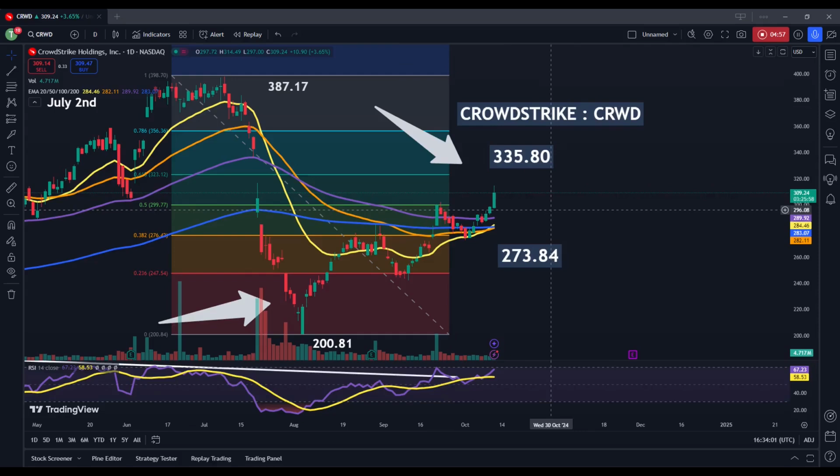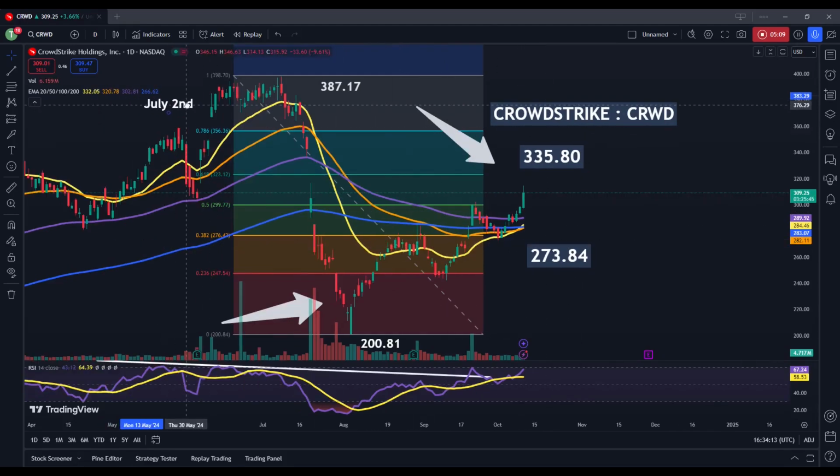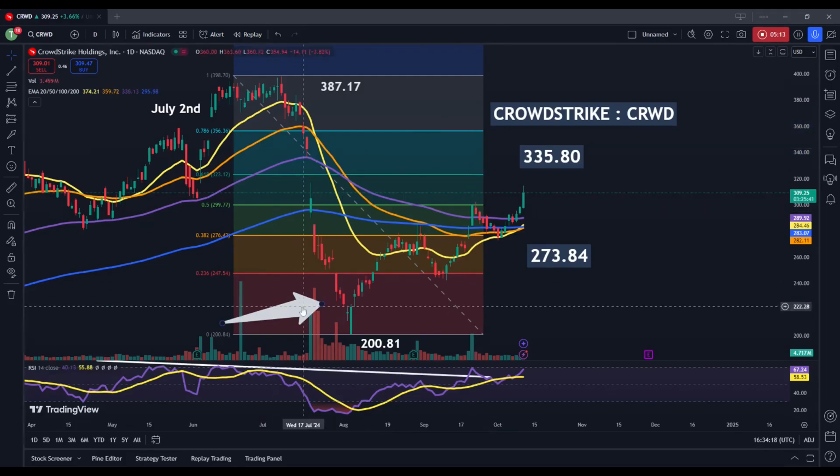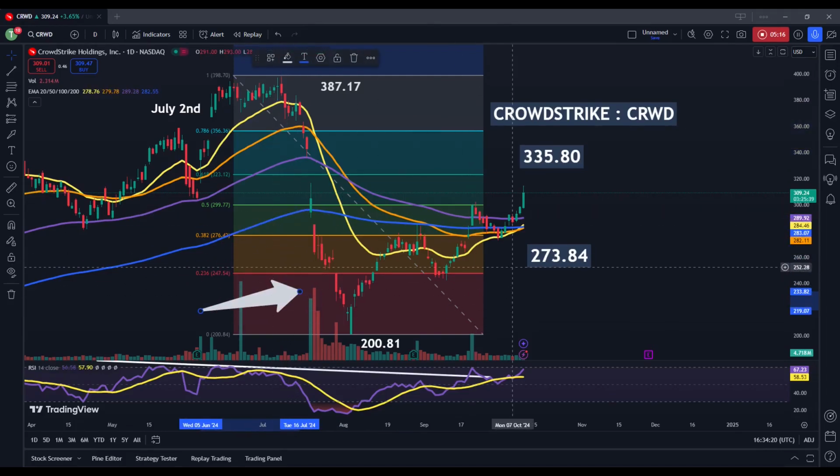We are at a bit of an inflection point, but I would probably recommend getting out of this stock at the moment because we've just seen so much two-way price action here that I think a lot of this is unsustainable. I think a lot of this is being based on sort of one-time events that may not happen again. So I think the easy money has been made in this trade at the moment. So personally, I'm probably just going to take profits here relatively soon and then just step aside for this stock